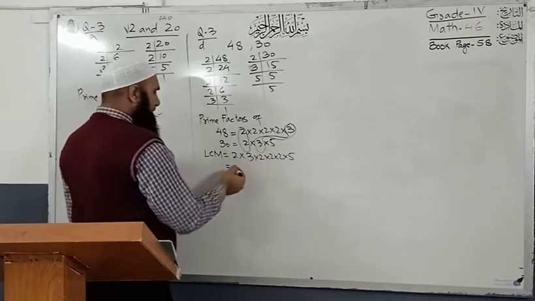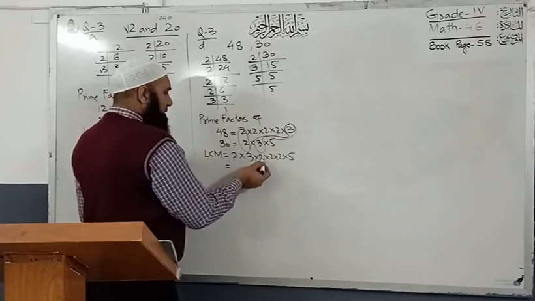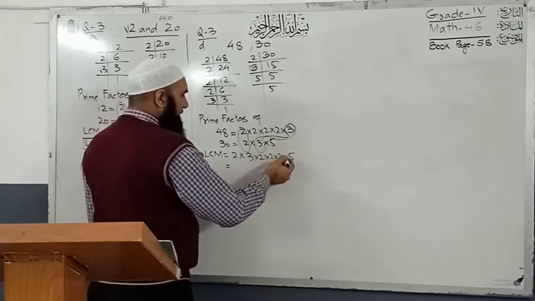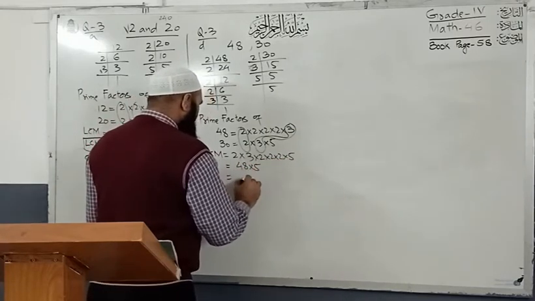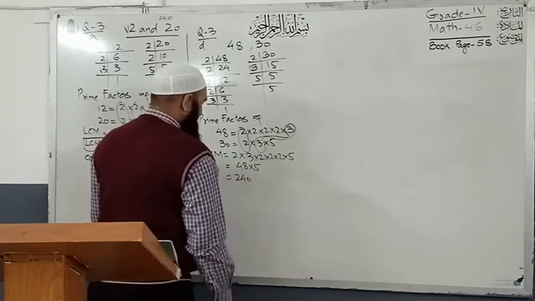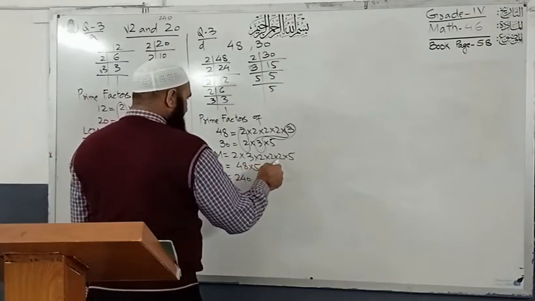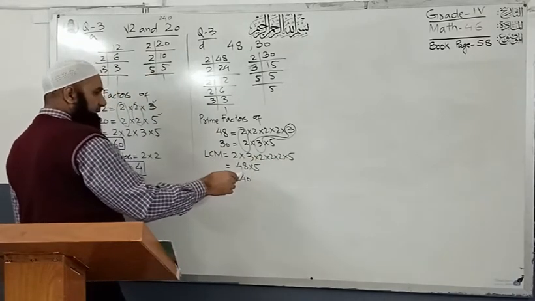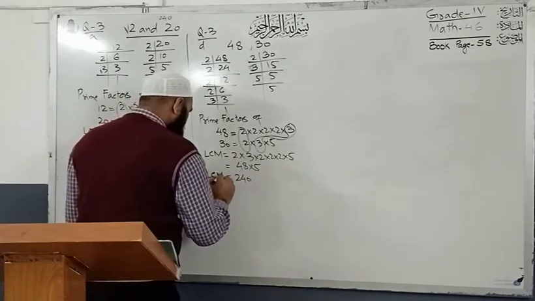After multiplication, all these numbers: 2 multiply 3, 6, 6 multiply 2, 12, 12 multiply 2, 24, 24 multiply 2, 48, 48 multiply 5 is equal to 240. Check again: 2 multiply 3, 6, 6 multiply 3, 30, and 30 multiply 8, 240. Yes. LCM is